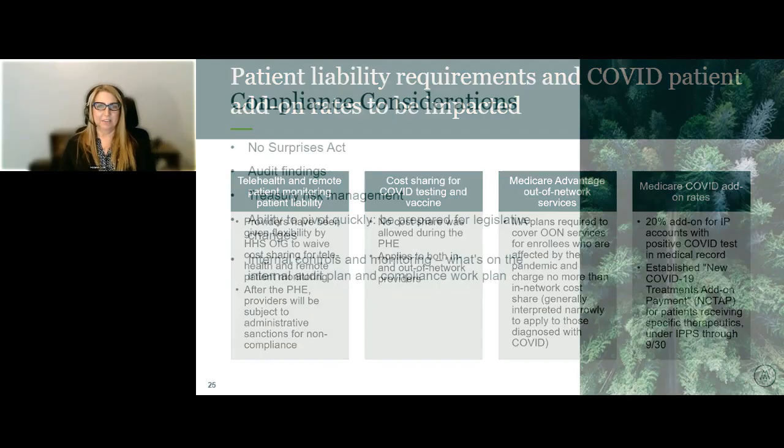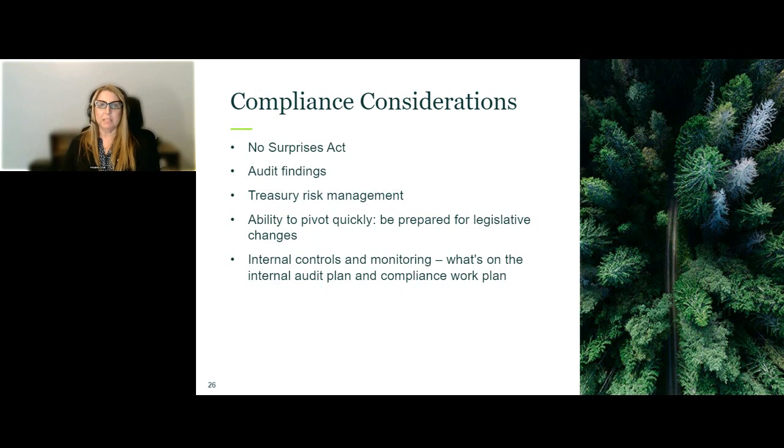So what we've got here is, while many of these are not necessarily specific to the PHE ending, they are very relevant and things that many organizations are dealing with, as if just the unwinding of the PHE wasn't enough. And one of those is the No Surprises Act. We've been starting to assist folks with internal audits around this, and wanted to share some of the things that we were seeing, and maybe to spur some conversations around your organization.